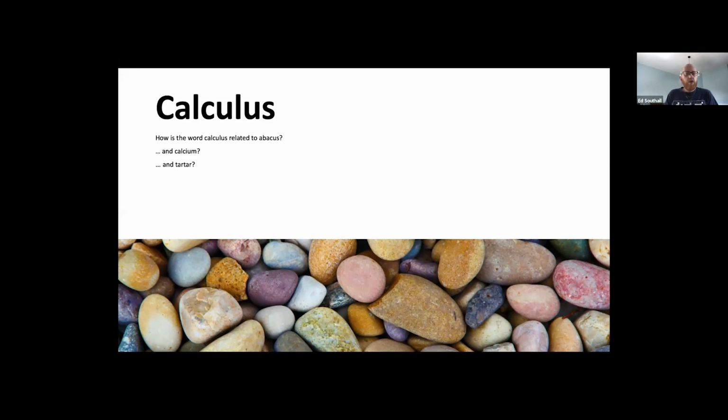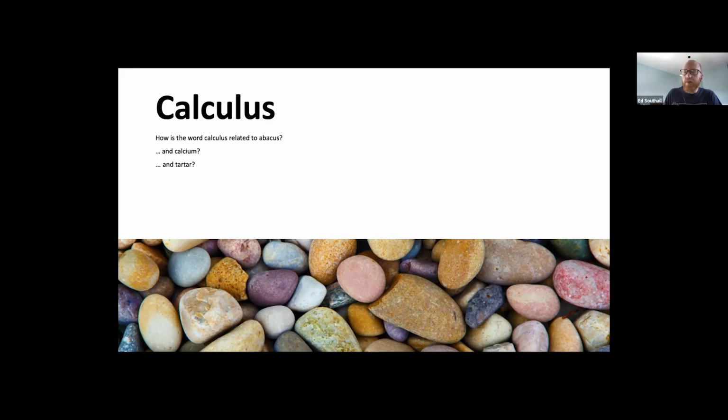All right, so moving on from average, we're skipping B and we're going on to C for calculus. Again, a bit of a peculiar word, which is used in a couple of other fields. It's used in dentistry, calculus, and it's linked to the word calcium. It's got the same prefix for that as well. So calculus, as we know it, doesn't really seem obviously linked to stones and pebbles and so on, but it is. It's directly linked to that in terms of its etymology.